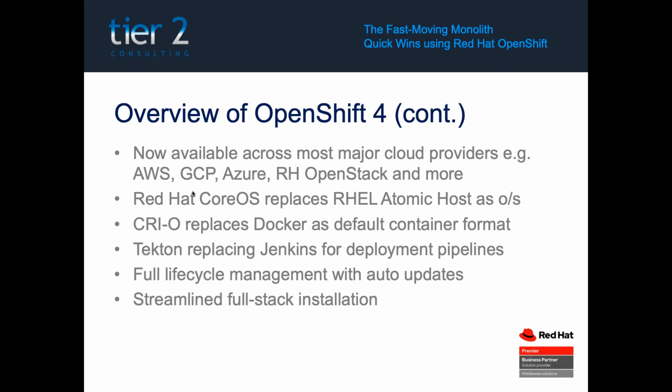A couple of other things specifically to us in terms of the installation for OpenShift. The first one is there's now full lifecycle management as of OpenShift 4. So OpenShift will work out what updates you can do and will allow you to do them via the web console. So it's much easier now to upgrade your cluster to a later version. And as I say, with the full lifecycle management, Red Hat will actually tell you where to go next